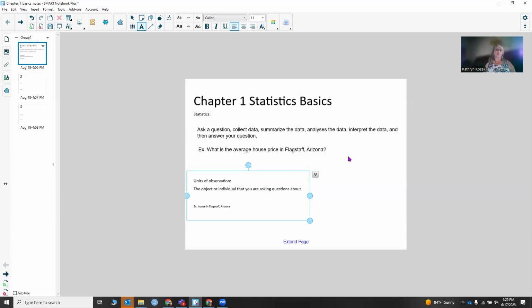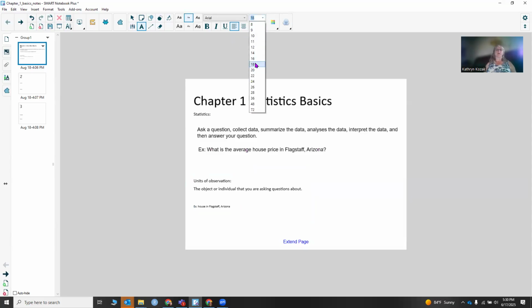And so these objects can be lots of different things depending on what you measure. They could be a house in this case, it could be a person, it could be a country, it could even be a year, it could be an animal, it could be lots of different things that you could think about measuring, depending again on your question. So now that we know what our question is, and what our unit of observation is,